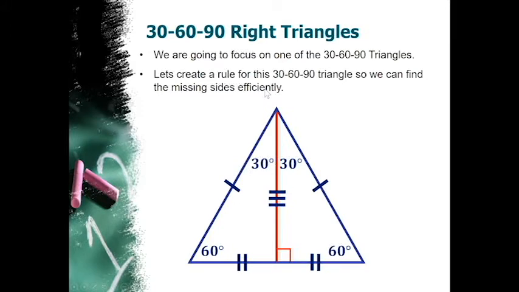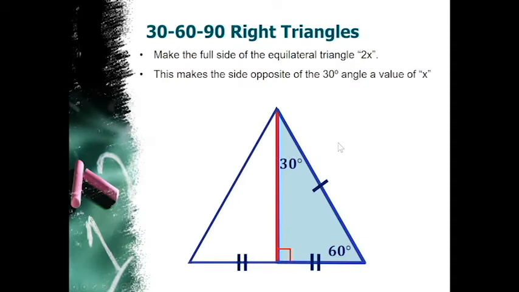So for this pattern, we're going to focus on one of our 30, 60, 90 triangles. So we're going to focus over here on the right-hand side. Let's create that rule here. To create that rule, we're going to make our long side here 2x. The reason we're going to make it 2x instead of just a single x is that we're just avoiding fractions. So to avoid fractions, I know we're going to have to cut this side in half. So we're going to just double it in size, giving us that option to not have a fraction involved with